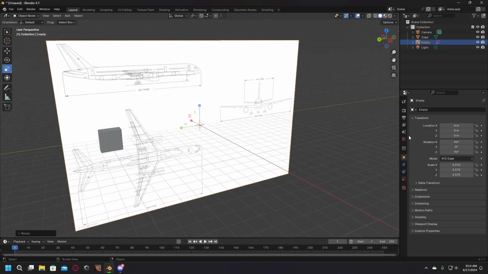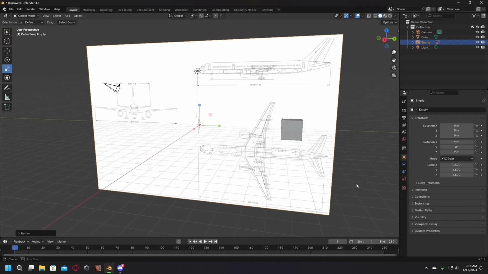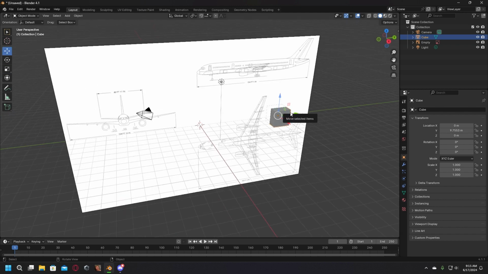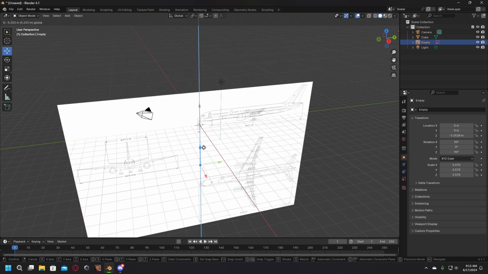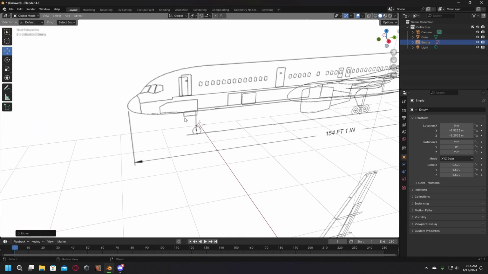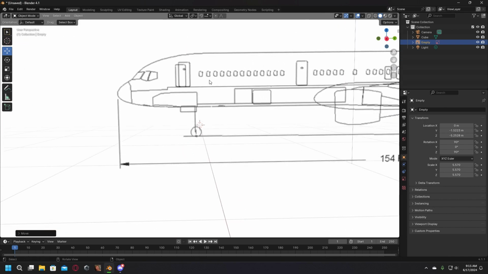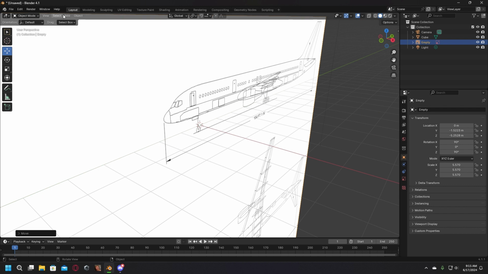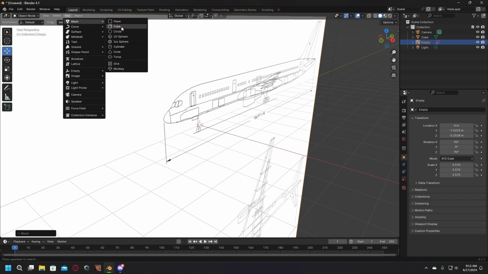So I have the image backwards, but actually no, it's just my camera's backwards. So now we're just gonna move the starter cube out of the way, and then what you want to do next is I start off with the nose from this direction, so I line it kind of like this so that I have the whole thing in view, and then I go back to add, and then I add a cylinder,